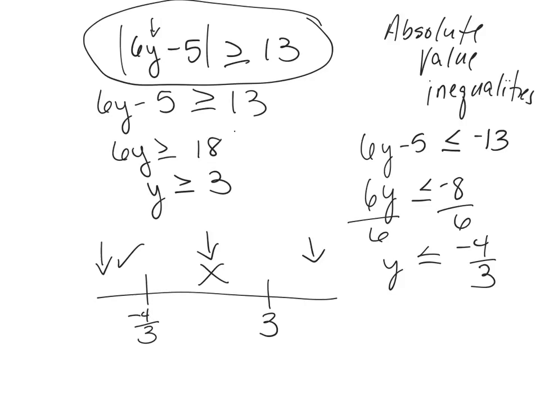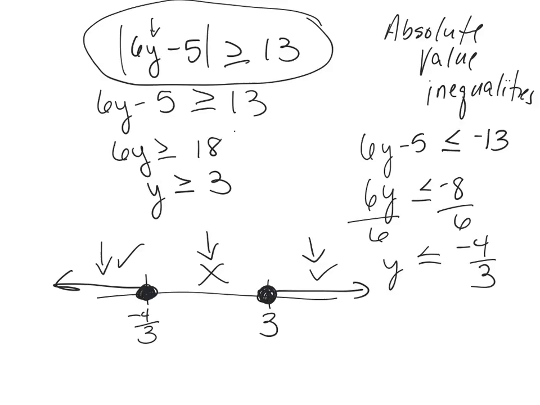Now what about the 3? Bigger than 3? 4. You've got 24 minus 5 is 19. The absolute value of 19 is 19. Is 19 bigger than 13? You see what I'm doing? I'm just plugging in. So that's a yes. And is it a donut or a dot? It's a dot because it's greater than or equal to. So it's over here